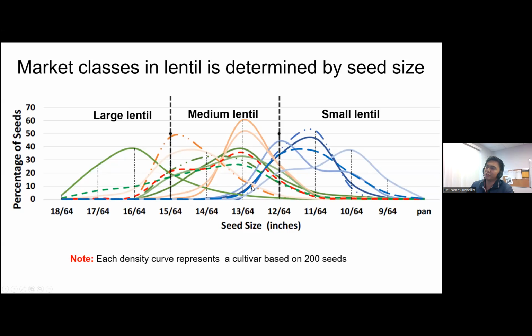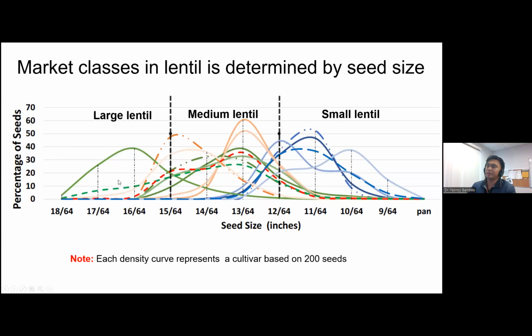There could be two reasons why it has a pattern like that. One, there might be segregation, so your seed is not uniform yet. Or two, your sample size is not good enough, so you need more seed to really observe the pattern of seed size. And when farmers buy seed from a licensing company or whoever is selling the seed, they should not be expecting uniform seed size. Because seed size is a complex trait, you should expect to have some